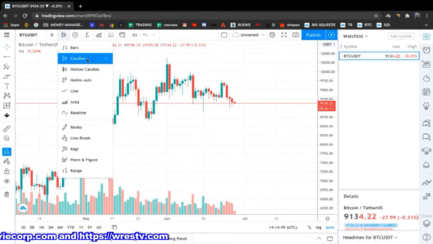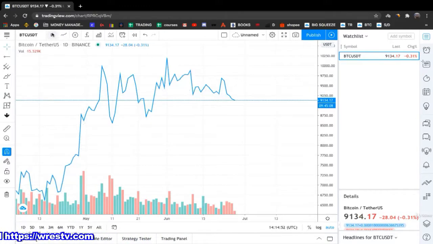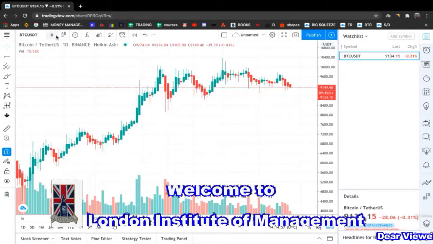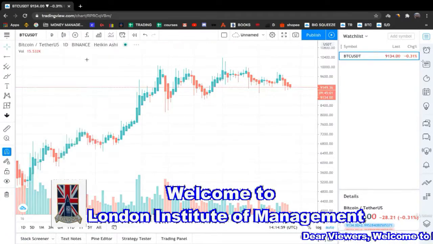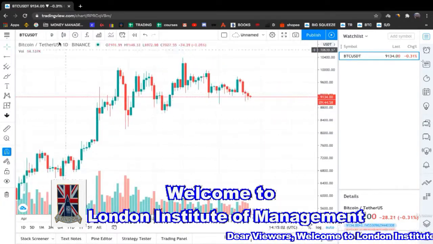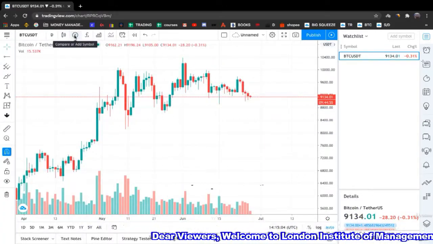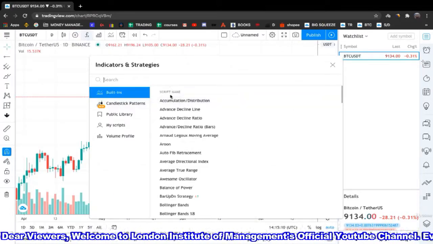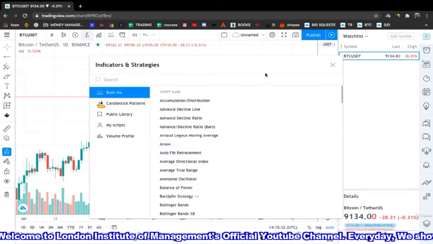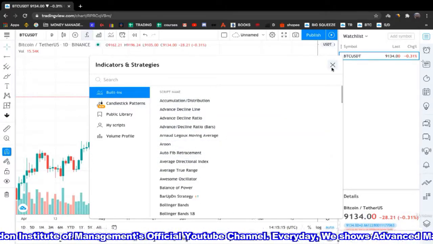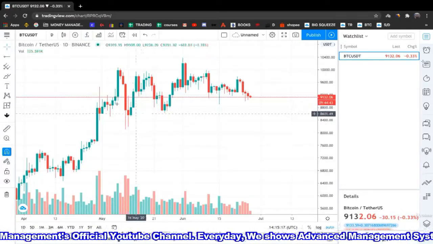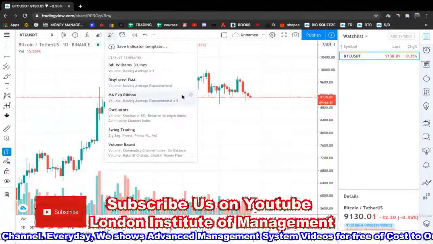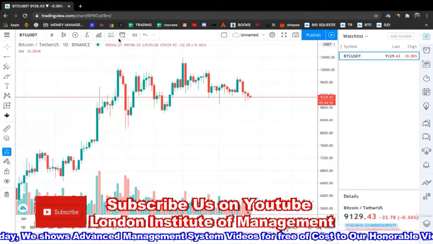Here is the candles. Basically, you have a line chart. These are the Heiken Ashis, but we are going to stick with the regular candlesticks, right? Which are by default. Here to compare or add symbol, you don't need any of this right now. Here is the button where you are going to add the indicators that we are going to use. But I will show you this when we come to the strategy. Then some indicator templates, but basically you don't need this stuff.